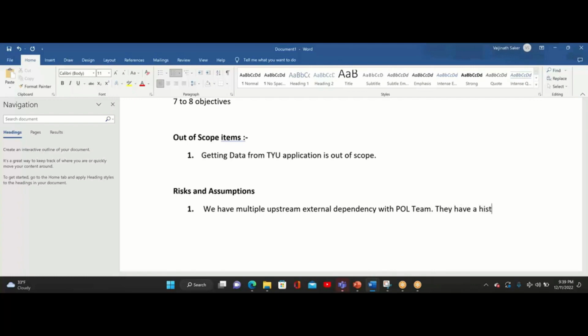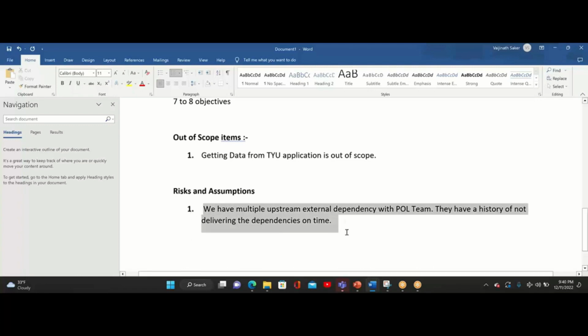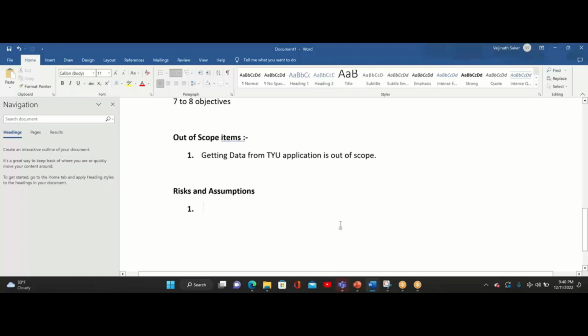They have a history of not delivering the dependencies on time. Right? This is a kind of politically incorrect way to do it, but in some projects we'll still write it down like this. Another way to phrase it in a very polite and politically correct manner would be,